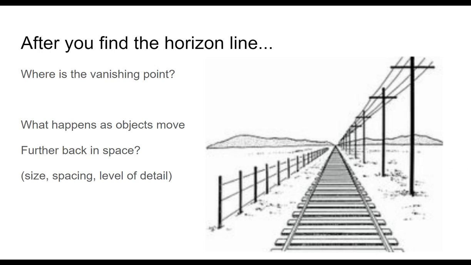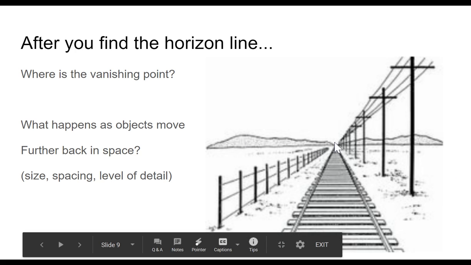That is known as your horizon line. But the point in which all the buildings and the road converges to is called the vanishing point. So if we look at this picture here on the right-hand side of the screen, the railroad tracks go all the way back to those hills in the background. The cables go all the way back to that same point, and then the fence along the left-hand side of the railroad tracks merges into that one point where the railroad ends,